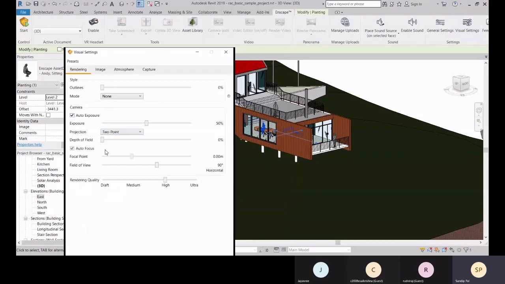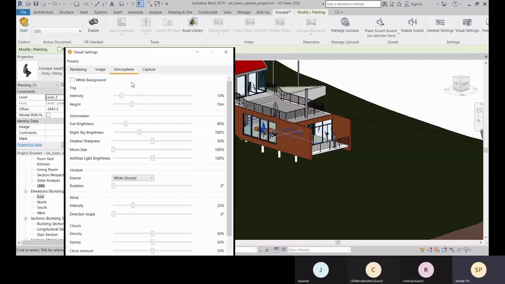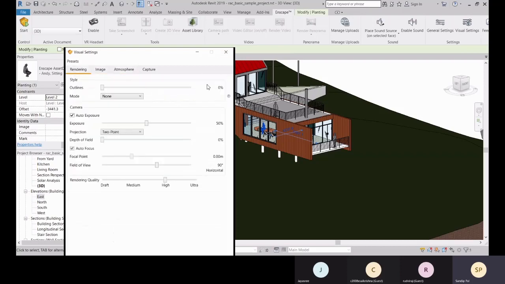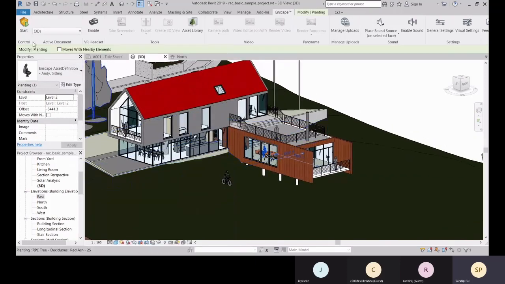So as you are beginning with the software, better I will show you all these options in Enscape, so that with a practical example you can understand better. So let's switch into start. It will take some moment.